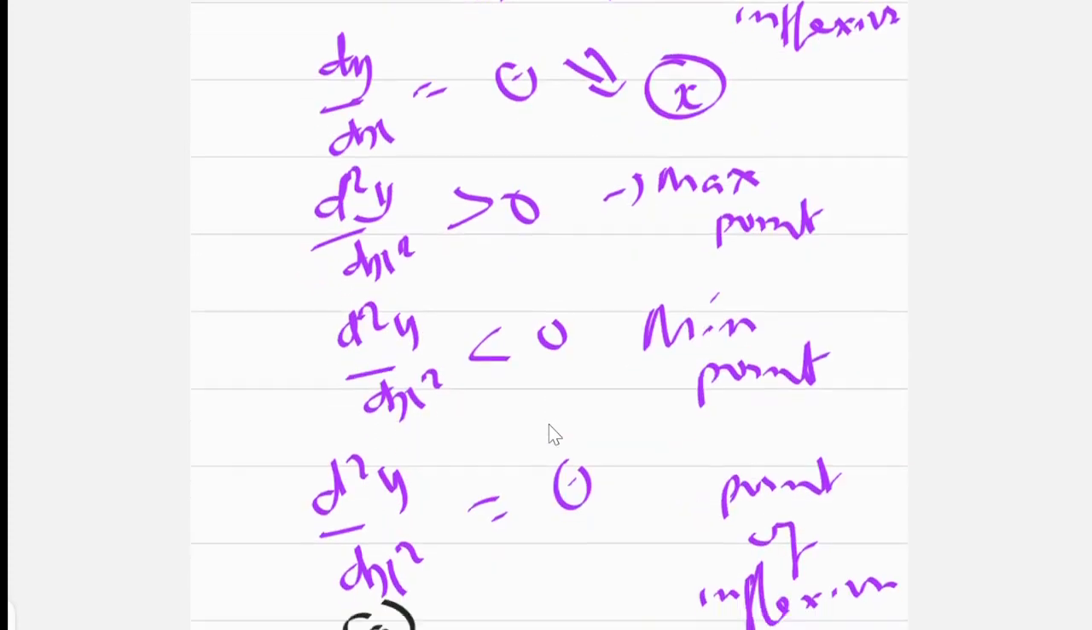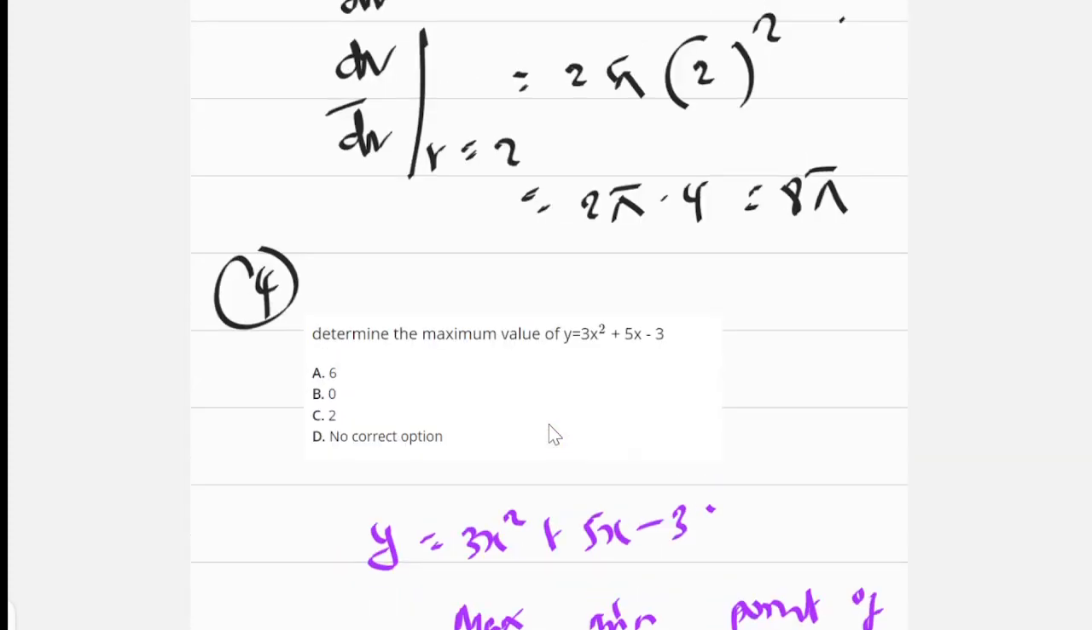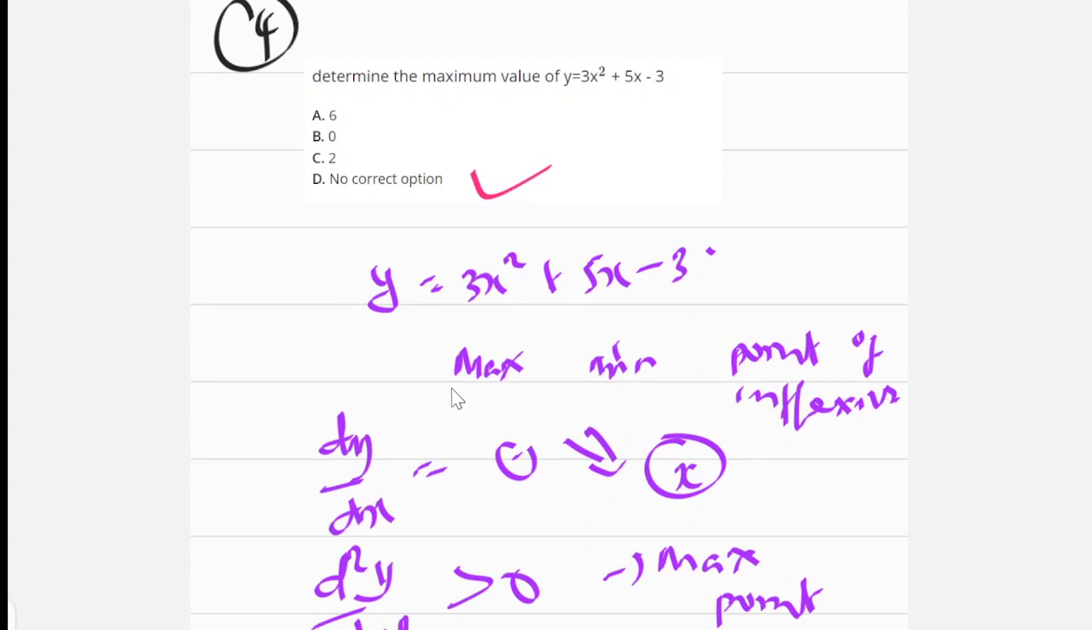Yeah, you can see the option is not there. So this will now be your answer: the option is not there. No option correct, no correct option. Okay,